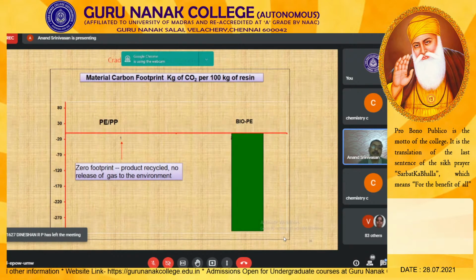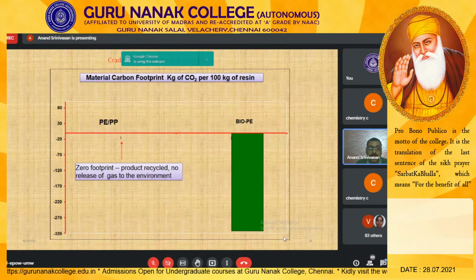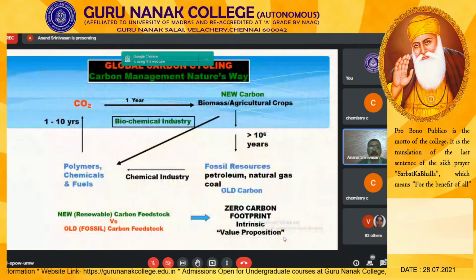So material carbon footprint, so many kgs of CO2, as you can see, the biopolyethylene or biopet will not leave any CO2 to the atmosphere. So that is what I would like to follow. This is a very good strategy, because you get the polyethylene that you wanted, and besides that, it is not polluting the environment. So that is something very interesting to the researchers. That's why most of the researchers nowadays are focusing their research towards these biopolymers.